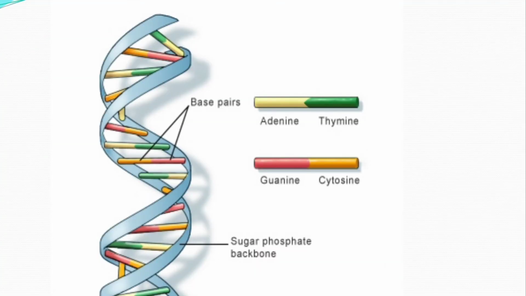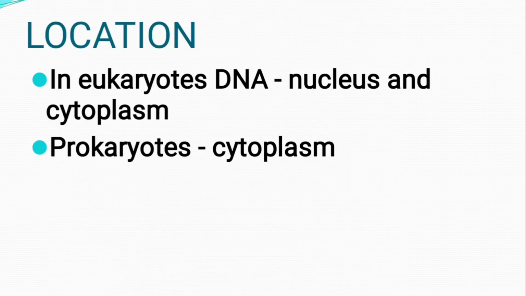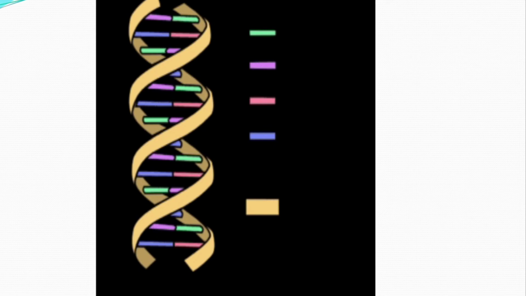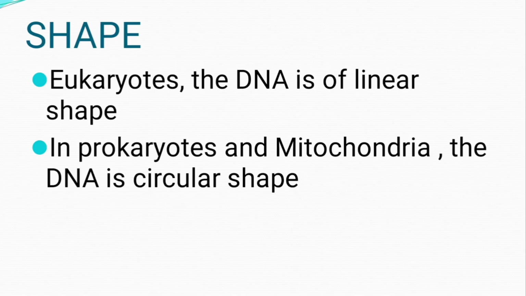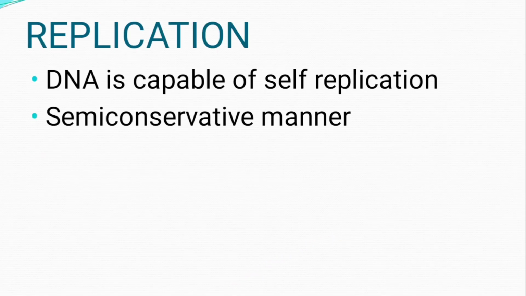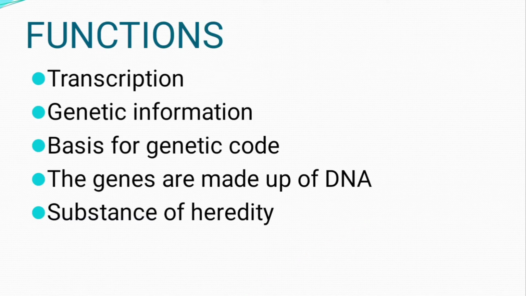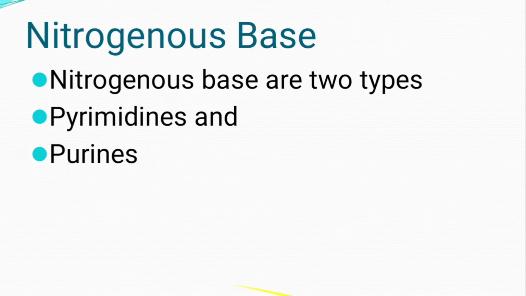Now I will show the picture. See, cytosine and thymine are pyrimidines. They occupy only less base pairs, that is adenine pairs with thymine, guanine pairs with cytosine. Actually, they occupy less space. You can see in this picture. Next, shape already seen, types already seen, functions also seen, components we are seeing now.